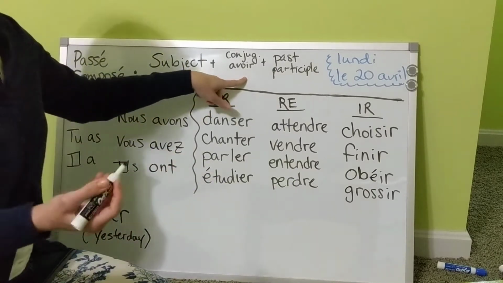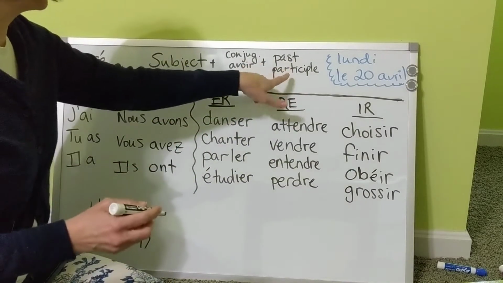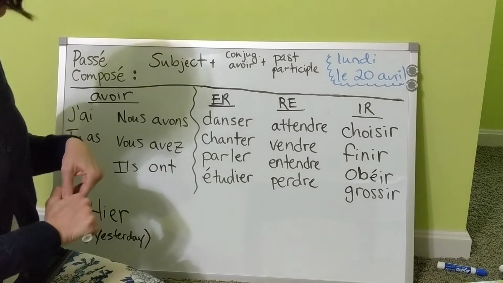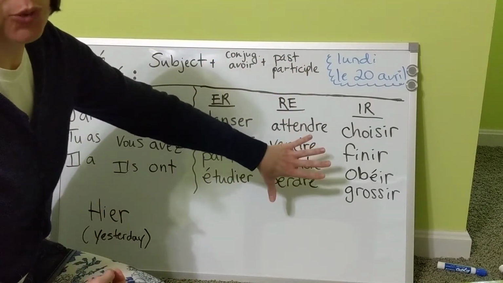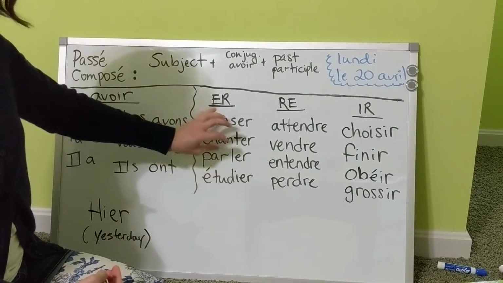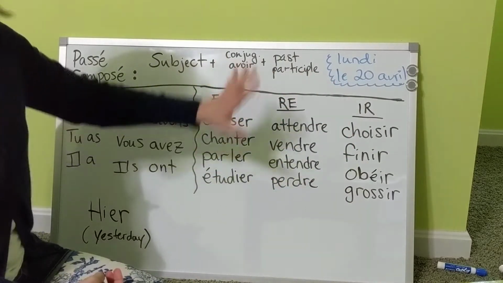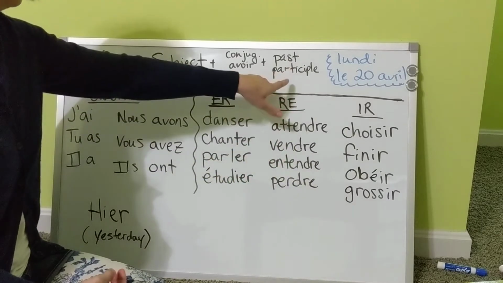Now we're here in the equation. We've just conjugated avoir. So now we need what's called the past participle. The past participle is going to be the action verb of your sentence. So what I have here is examples of regular verbs that we've studied this year. These are verbs that all have the same regular ER, RE, IR endings. Okay? So right now they're in the infinitive form, their original form, and we need to turn them into their